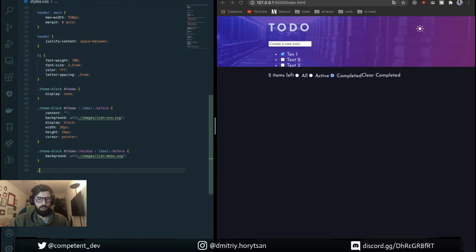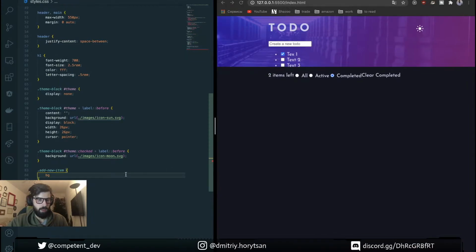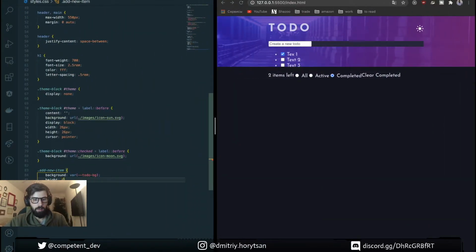Okay, let's add styles for add new item. We need background, we're gonna use our property background todo background. Then height is 65 pixels.